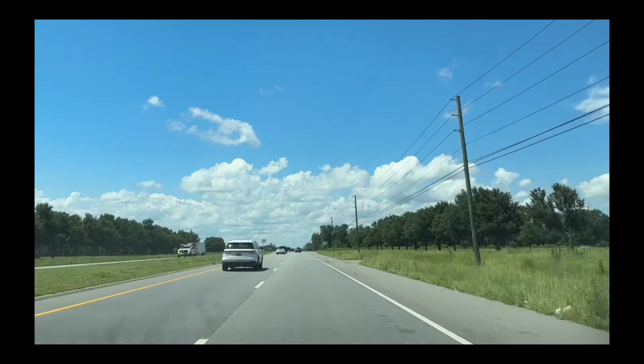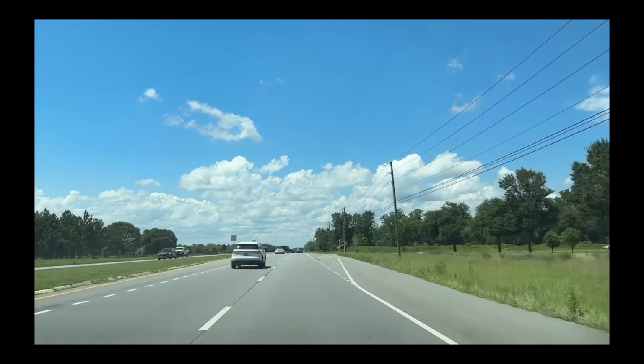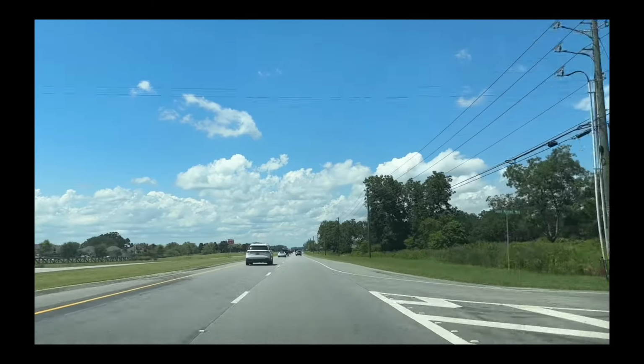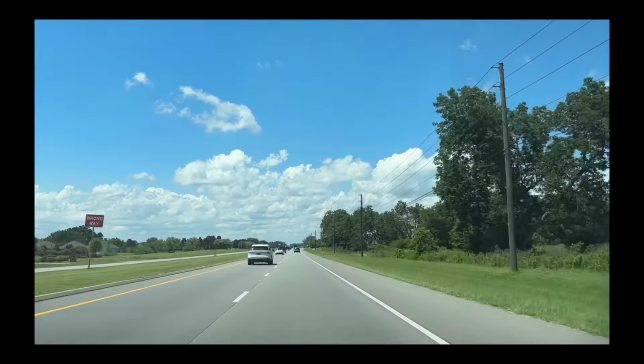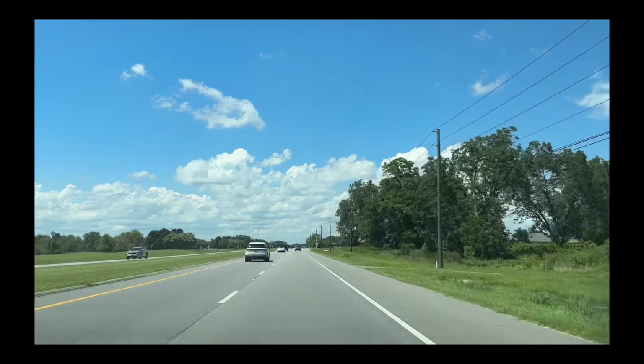Again, coming from the north part of the area off of I-10, there's an exit right there at Spanish Fort and Malbis. You get off on 181 going south, and you're going to be in Daphne, just like the other two. Now, this is a road that has been worked on. As a matter of fact, I think it was just last year that they finished up on it, but it was a 2-lane highway, and now it is a major 4-lane highway all the way through Daphne,